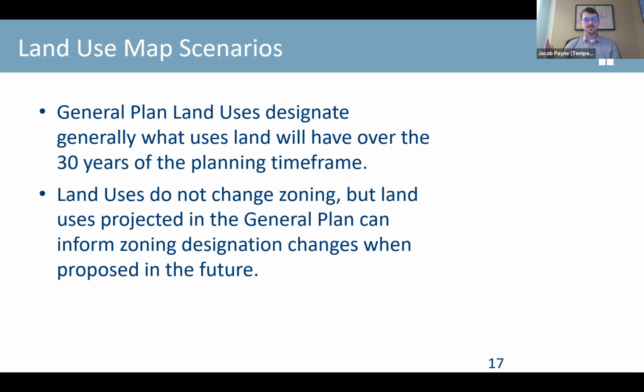A land use designation doesn't necessarily mean that land will change immediately, but rather that it's likely to change or it's desirable to change sometime over the next 30 years. Land use on a general plan is not zoning, and it does not change zoning, but it can support zoning changes in the future. So for example, if there's a property that is residentially zoned and designated mixed use in the general plan, it could continue to be residentially zoned indefinitely. But if somebody came along and wanted to redevelop the site and change zoning, the general plan is supportive of that. So that's kind of how it's used in this context.